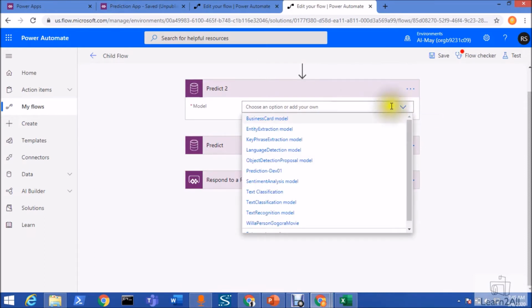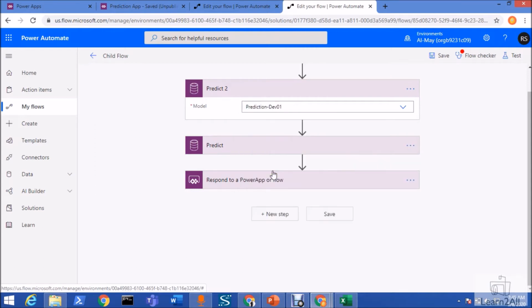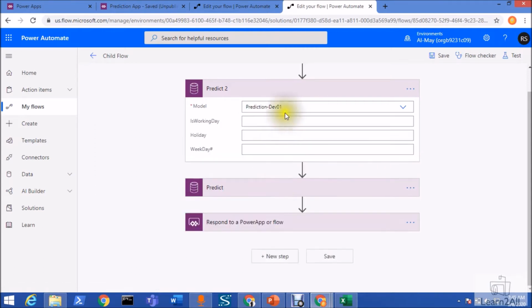Basically, we have created a model that is the prediction dev01 model, right? This is my AI model that we have created, so we need to select this model from here. Once you select this model, it will automatically ask for these three parameters, because it is something that we defined while creating the model.